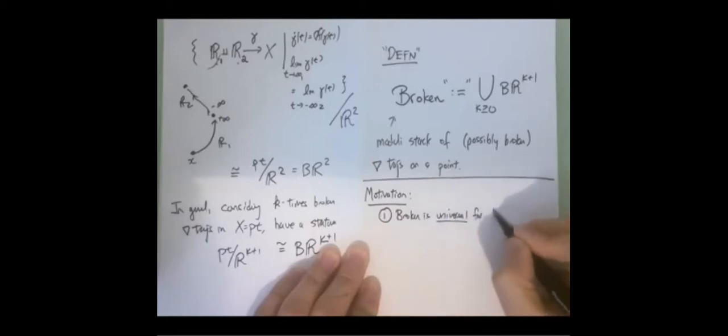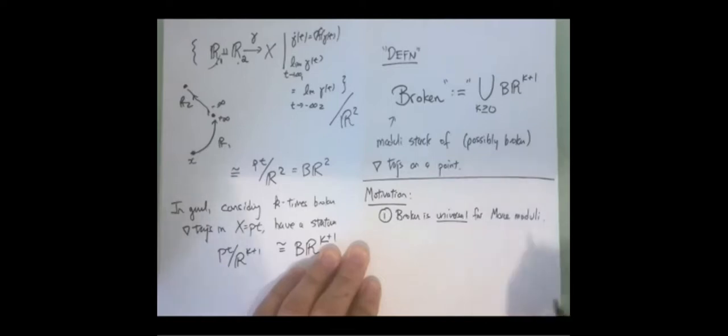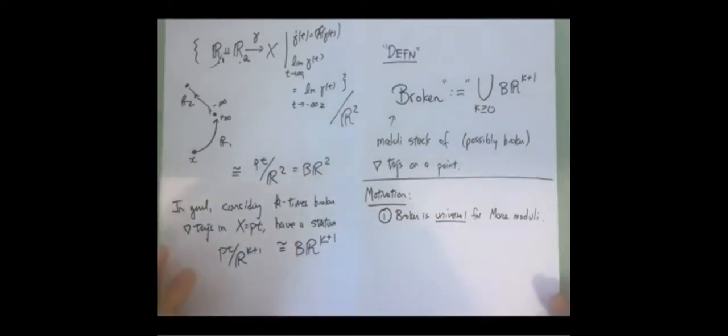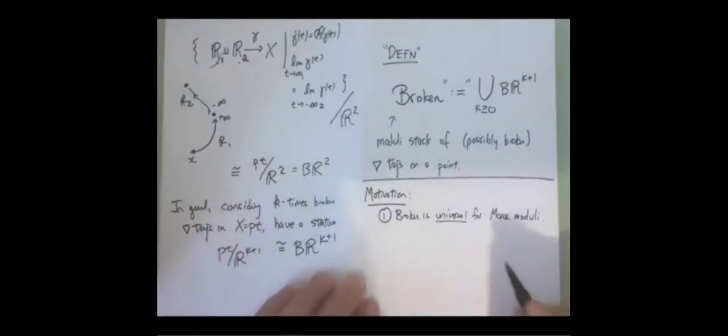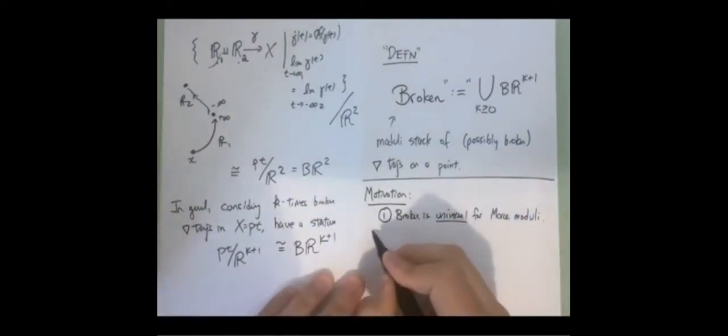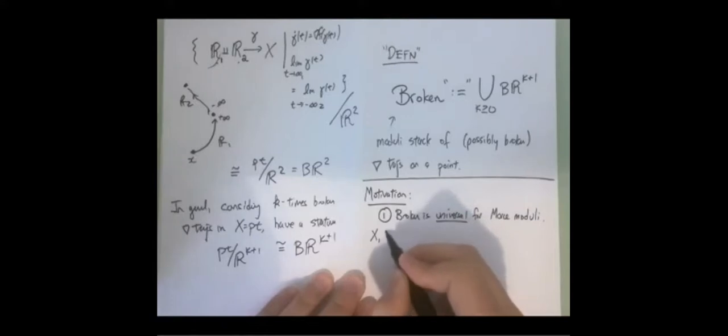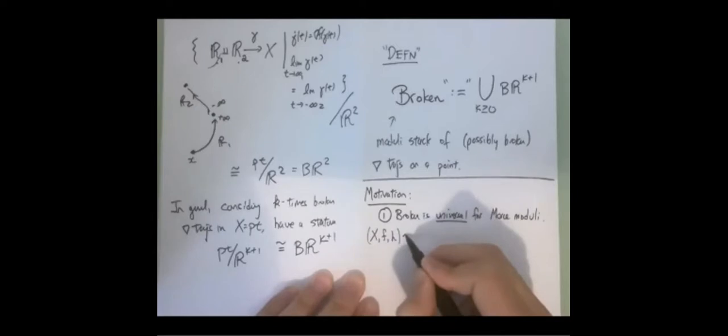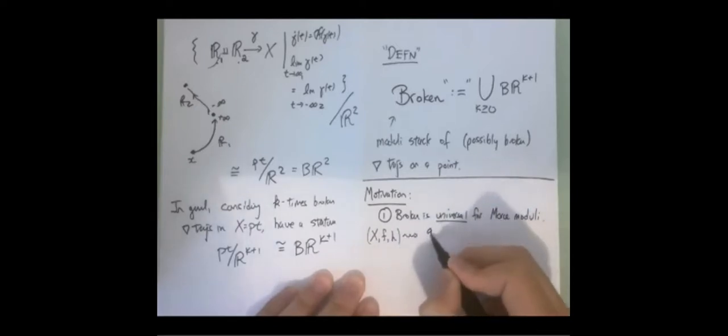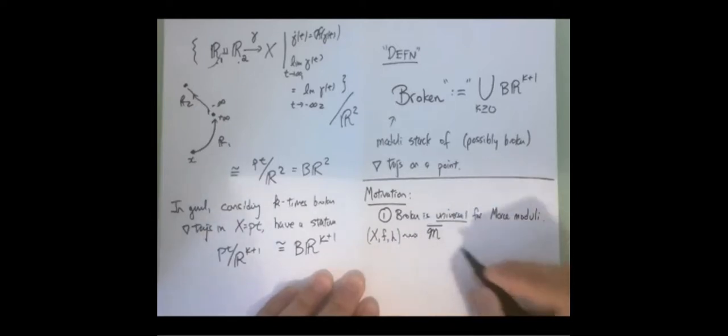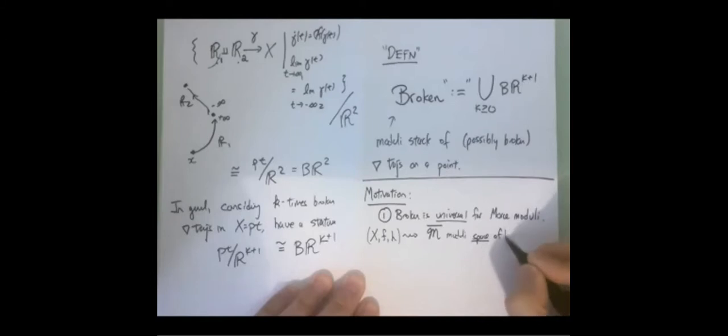For Morse theory or Morse moduli spaces. So what do I mean by that? Recall that earlier, from the data of a smooth compact manifold X, a Morse function F, and a Riemannian metric lowercase h, I ended up making some moduli space that I'll call M bar. This is the usual moduli space. Let's not do anything stacky, of broken, possibly broken,